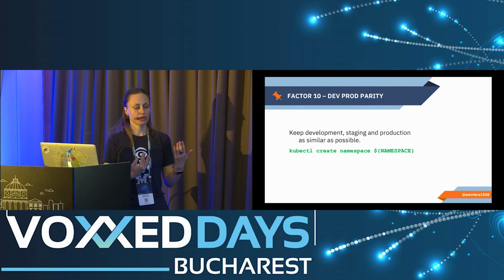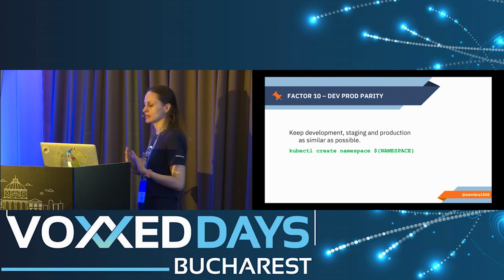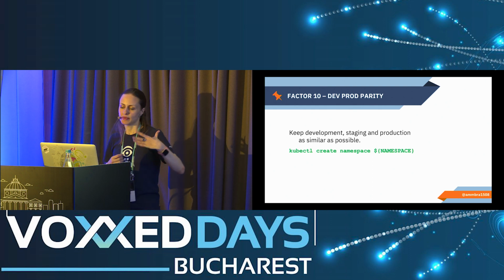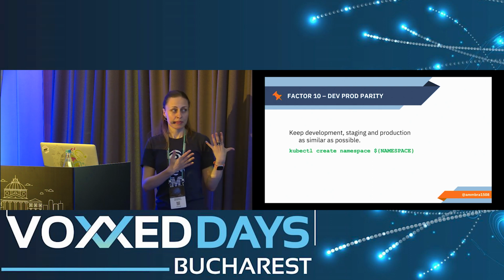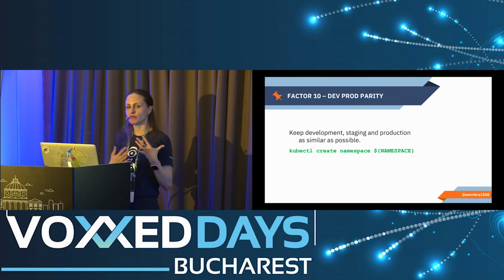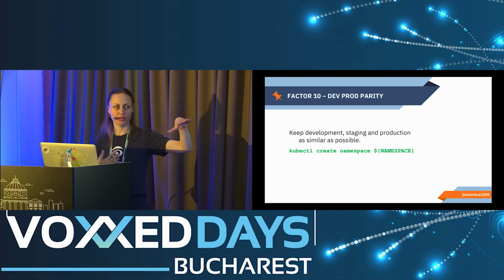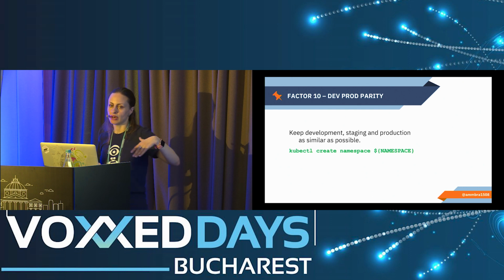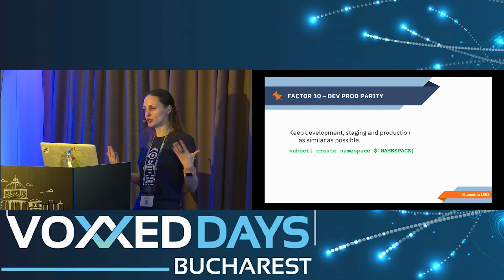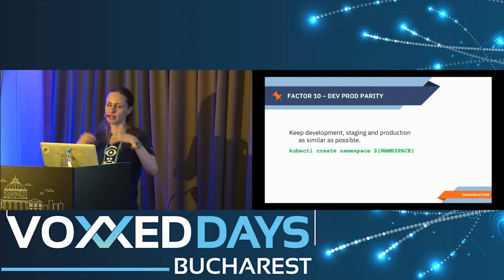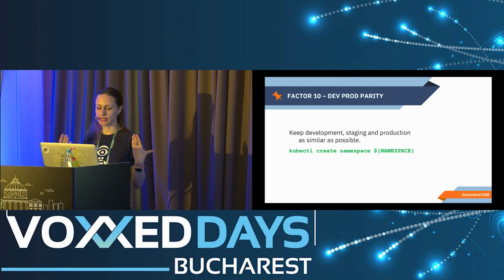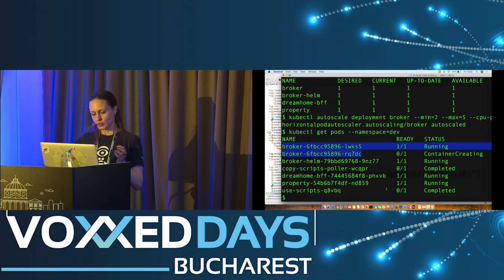Also, from Kubernetes' point of view, keeping the namespaces as similar as possible is by not only creating the namespace with a very, very significant name, but also by making sure that the configurations that you're using at the level of each namespace are named the same. The contents of a secret or of a config map can vary across namespaces, because there are going to be variations in terms of configurations, inner configurations across deployments in terms of values. But the naming should be consistent. And that being said,